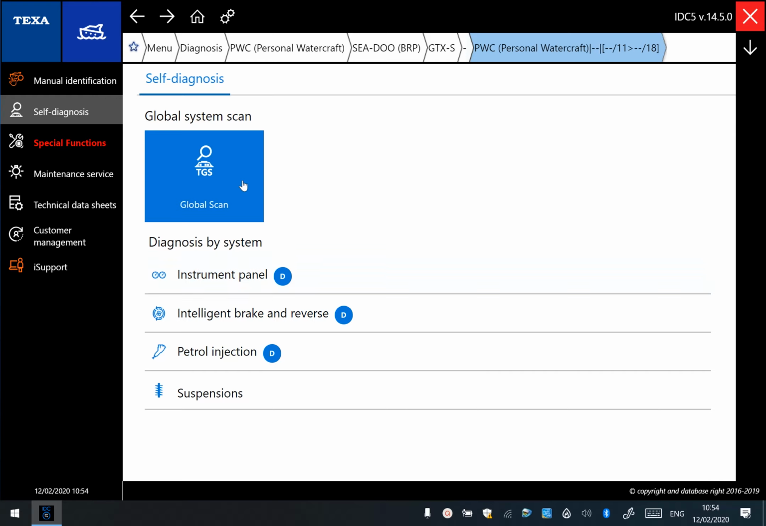The global scan, I can't do that now because, like I said, we're not actually connected to anything in particular. On this GTX S, we've got the instrument panel, intelligent brake and reverse, petrol injection, i.e. engine, and we've also got suspensions. On the left hand side you can see we've got self-diagnosis that we're in, special functions, maintenance service, and technical data. We'll get to those in a sec, but to start with, let's go into the